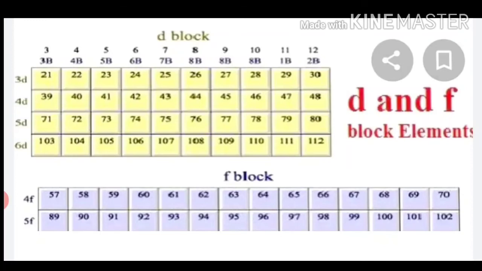Okay. Now reducing property. So the transition metals are poor reducing agents, but their standard reduction potentials are lower than that of hydrogen. This is because of the following factors: high value of ionization energy, high value of heat of vaporization and heat of sublimation, low value of hydration energy. Now let's know about oxidation state and variable valency.